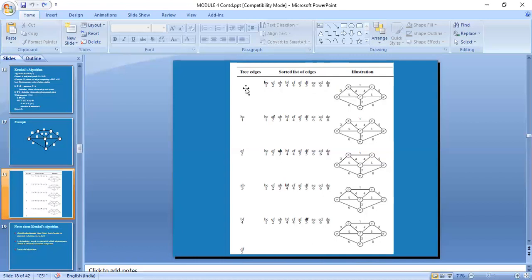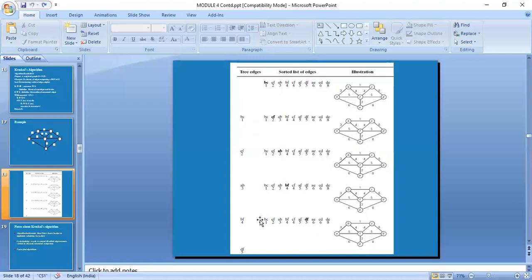First, you say tree edges is empty. We have not chosen anything. Then you go according to the sorted list. Now, when you go according to the sorted list, you will be getting all the values before you choose a particular value. See here, BC, EF, AB, BF is chosen, but CF cannot be chosen. Why? Because it forms a cycle. Similarly, AF cannot be chosen. Why? Because it forms a cycle. So even though there is some least value, you are not including all the least values. Certain values are being discarded. Why? Because they form a cycle.